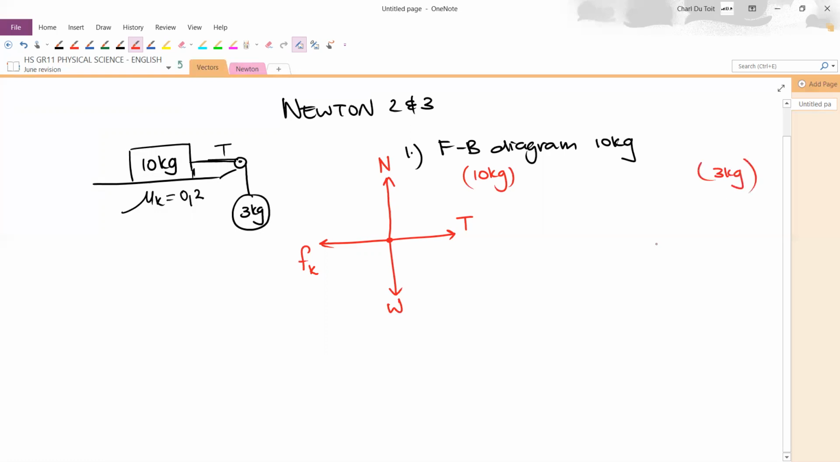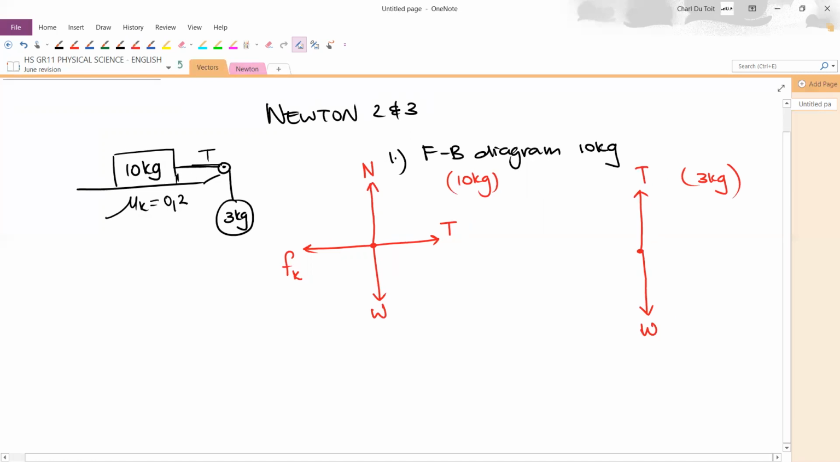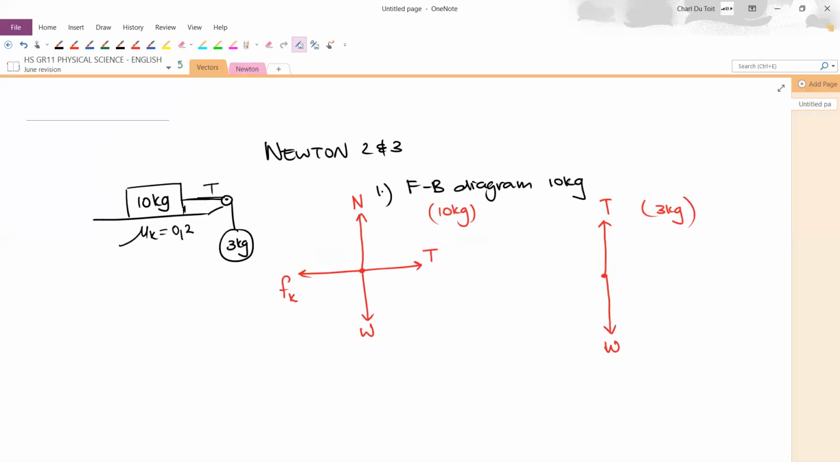Okay, the 3 kg as weight down, and tension upwards. Yes, sir. Okay, that's good. So what the next question is going to be, if they want to make the sum